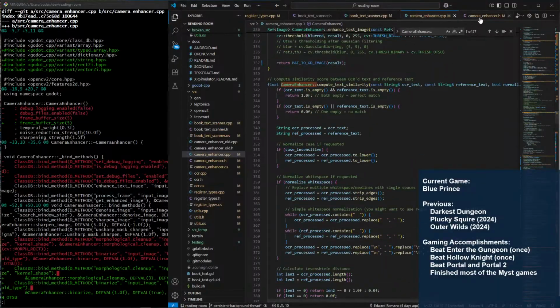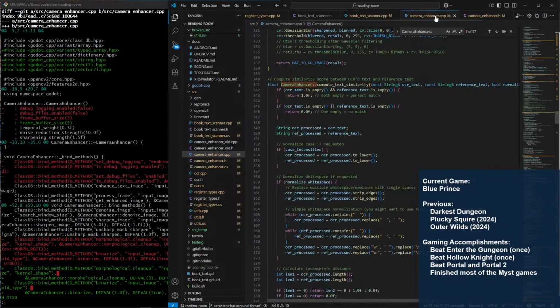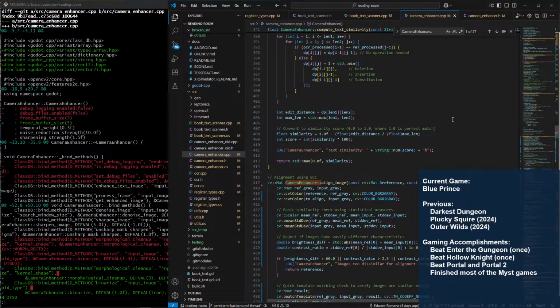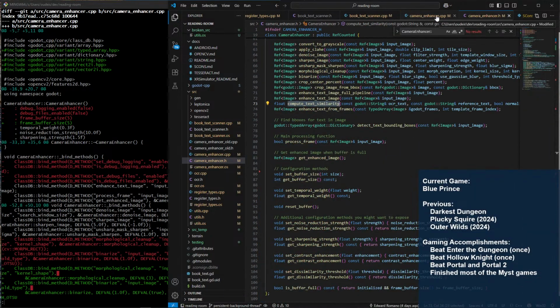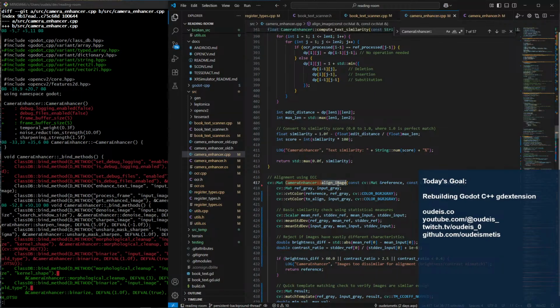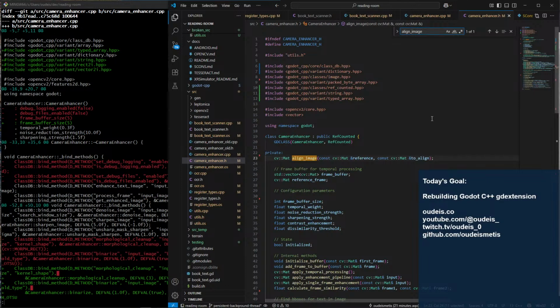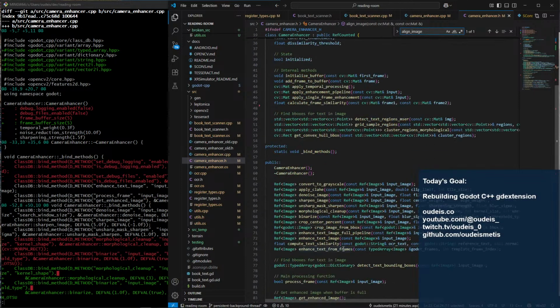Then compute text similarity. Yeah. Align image. Where's align image? Private. What about enhanced text from frames?